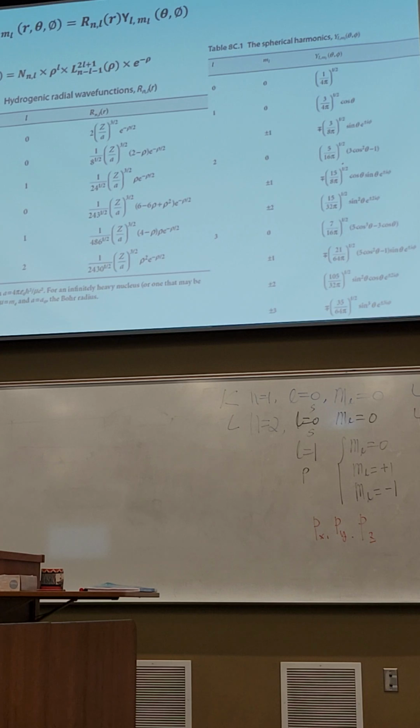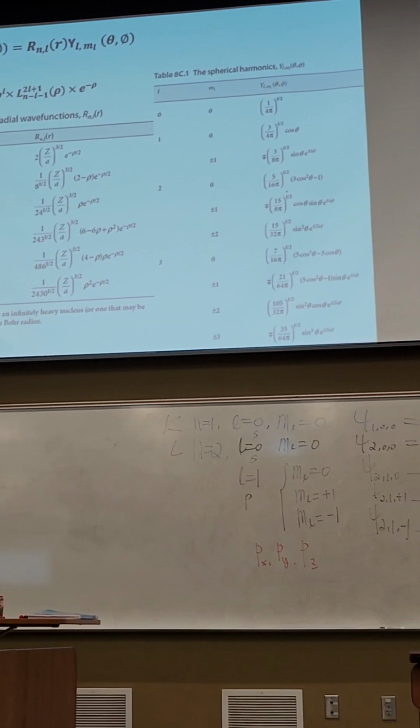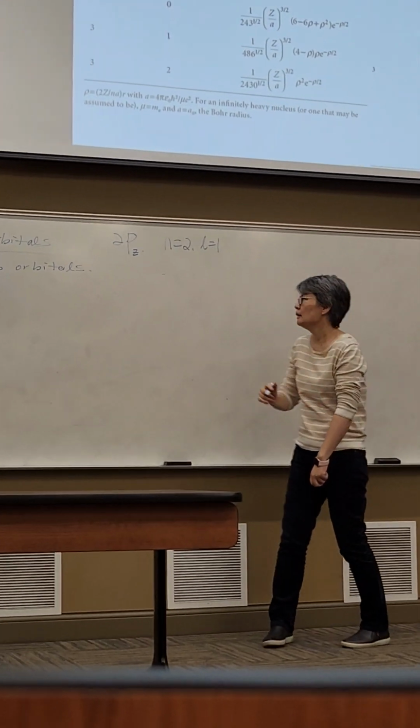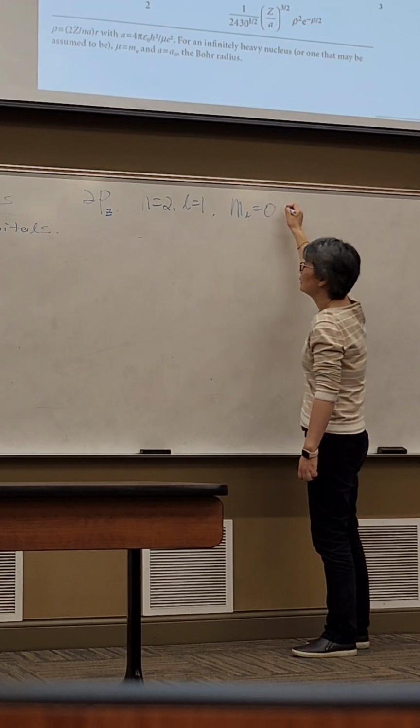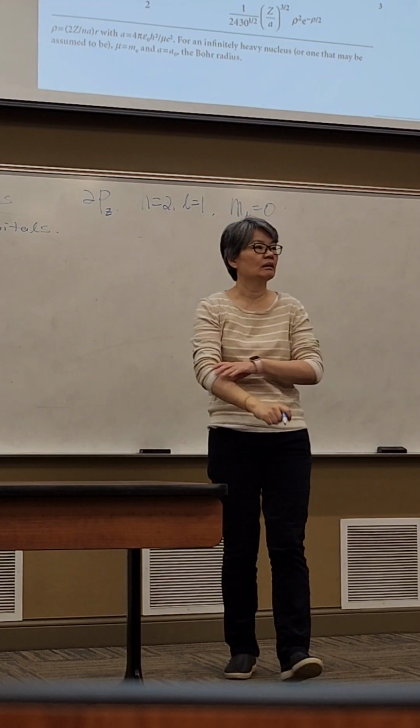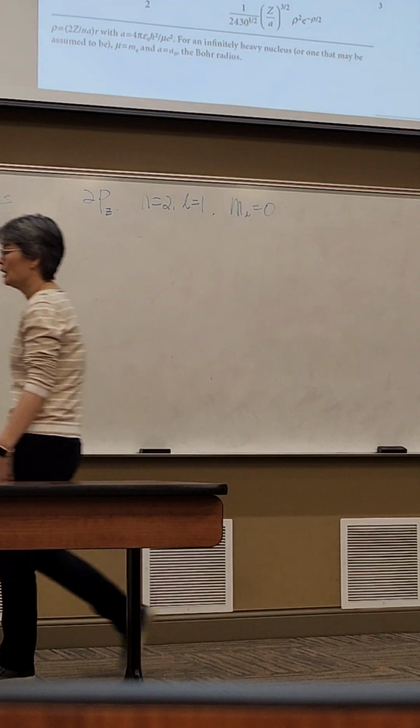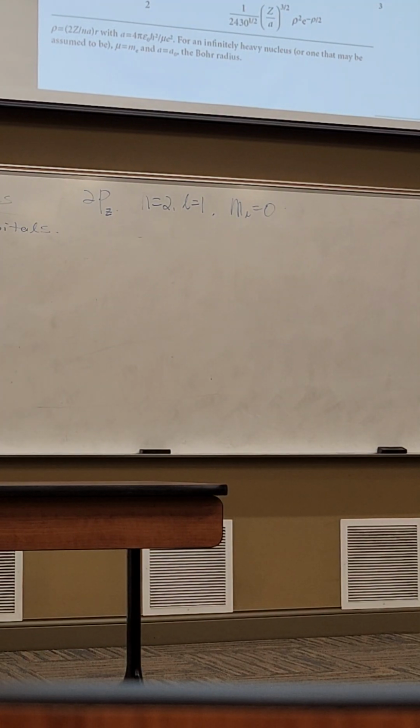If I say 2pz, that means n equals 2, l equals p orbital, so l equals 1. Then the z means m sub l equals 0. So in that regard, based on the tables we already have,